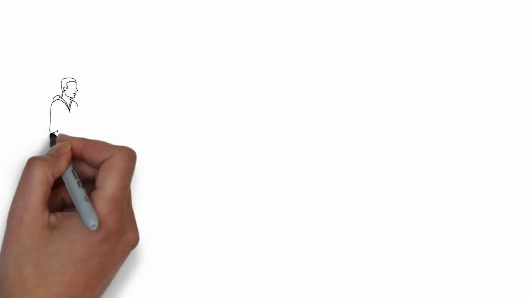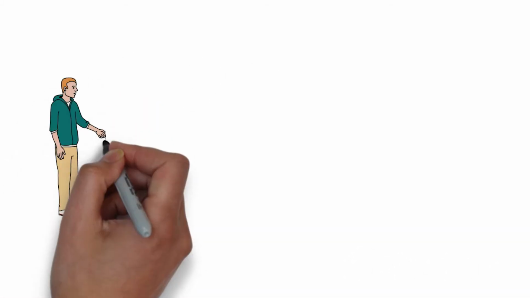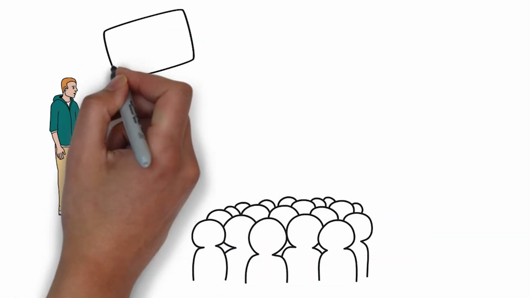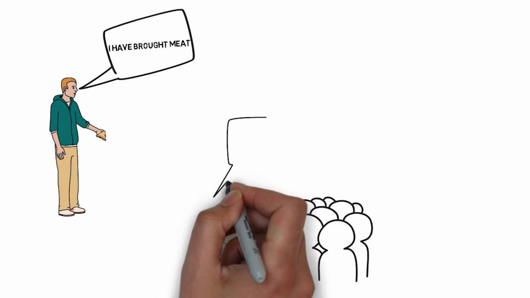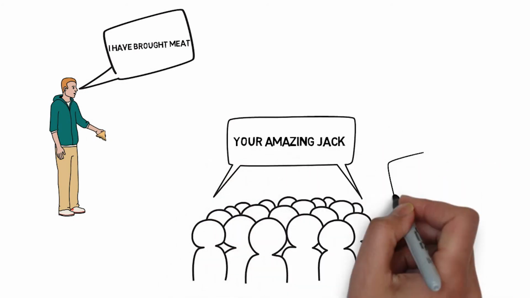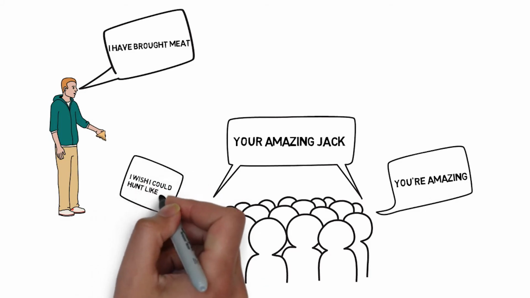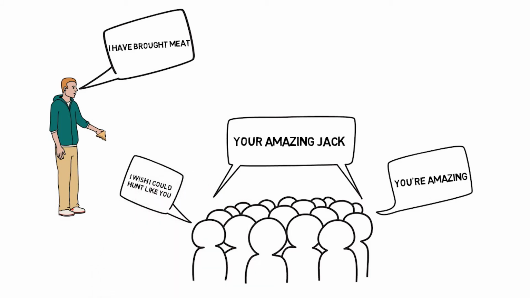We can most prominently see this in the development of Jack, more specifically when he's praised mightily by everyone when he brings back meat. The boys revel Jack in glory and commend him for his superior hunting skills. This causes Jack to feel extremely confident to the point of arrogance.